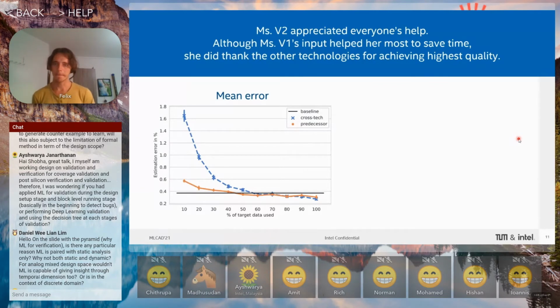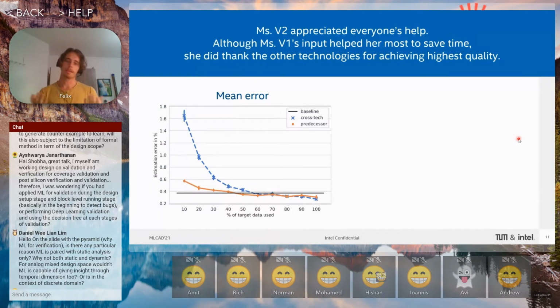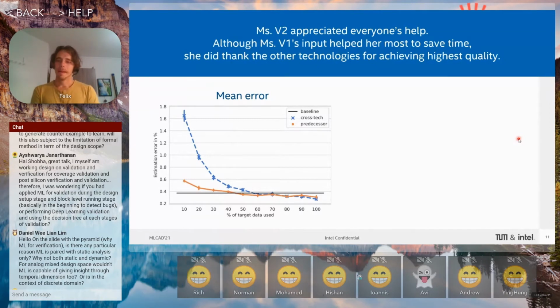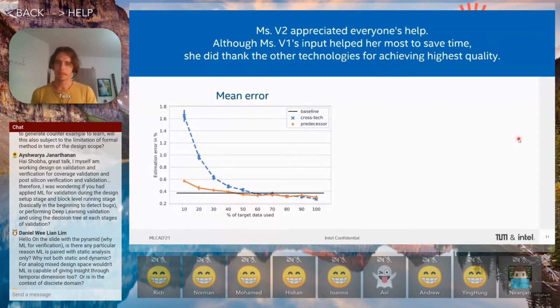Then we have a black line in the plot, which is the baseline model. So this is trained in the traditional fashion, where we take all of the target domain data, completely ignore other domains, and we train on all that data, 100% of target data, and try to achieve the best accuracy we can with that learning. But for the other two lines in the plot, you need to look at the x-axis,